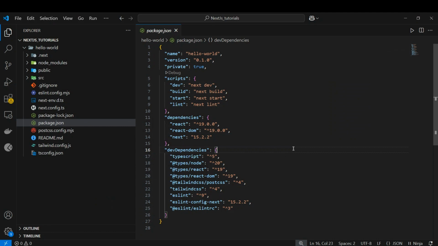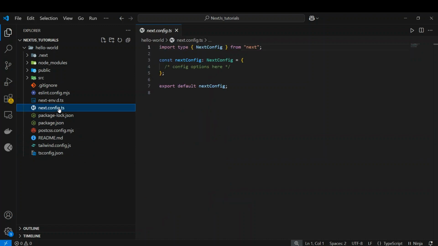Now, as we talked about the package.json file, we also have other configuration files in this particular Next.js application. Okay. So after that, here you can see that we have the next.config.ts file, the main configuration file to customize the Next.js behavior. You can enable image optimization, change the build directory, and much more in this file.